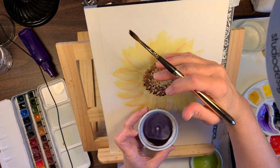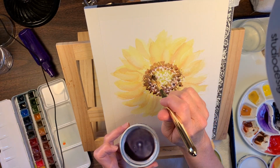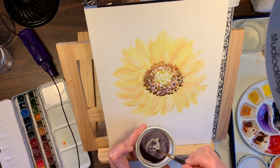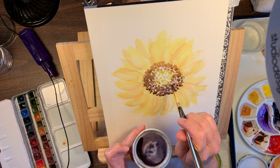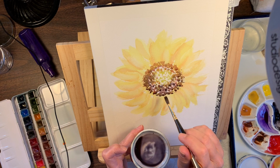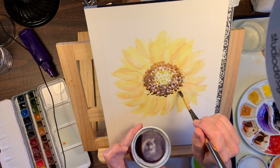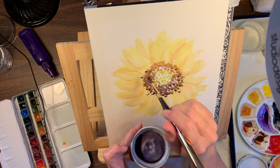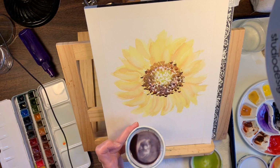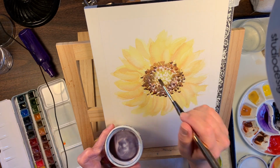There'll be more sun hitting the top of the sunflower. So if you don't want to do a whole lot up there, then you don't have to. But it's nice to put some dark colors in here, because the darks are what make the light colors really stand out. So just do it until you feel you're happy with